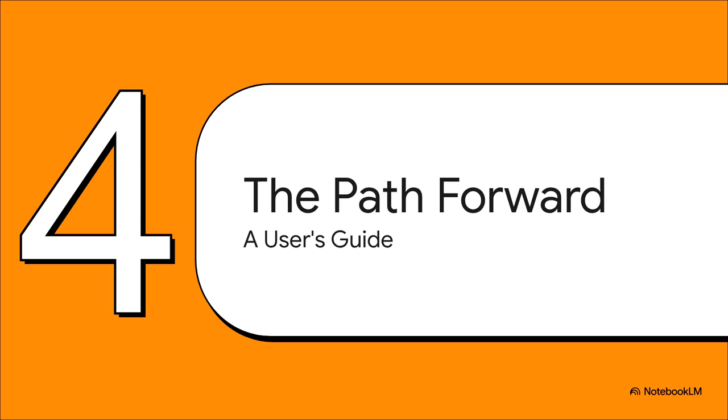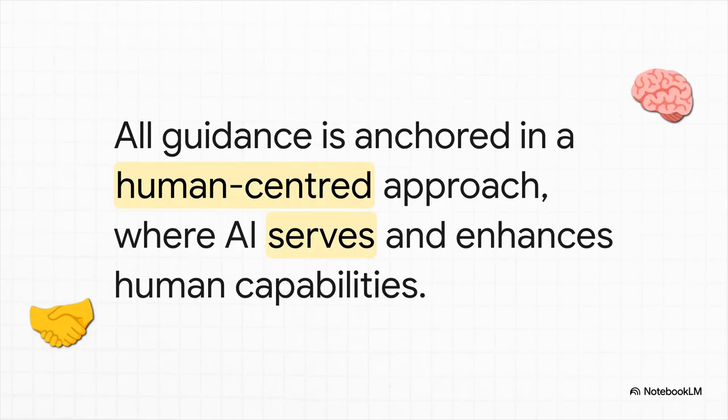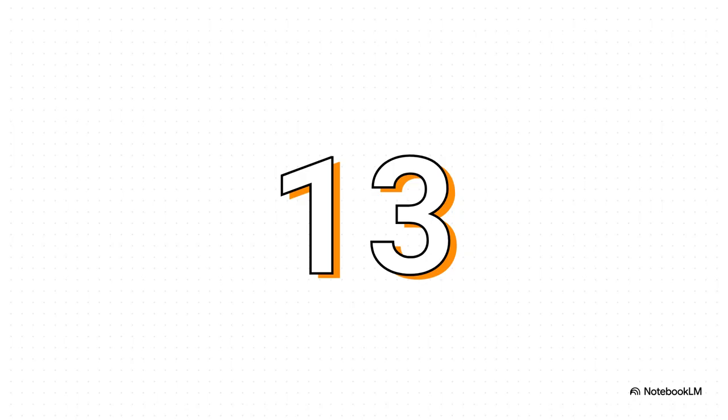So what's the path forward? How can you, as a student or a teacher, actually use these things effectively and ethically? The whole foundation of the UNESCO Guide comes down to this one powerful idea, a human-centered approach. All it means is that the technology is supposed to serve us, to help us grow. It's not supposed to replace our own thinking or our own creativity. And a key piece of that guidance, a clear age limit. UNESCO, along with most of the big AI companies, strongly recommends that you should be at least 13 years old to use these tools on your own. It's really about protecting younger students.